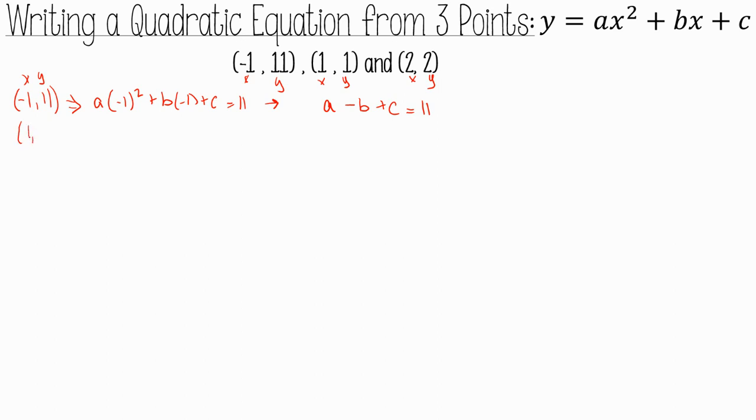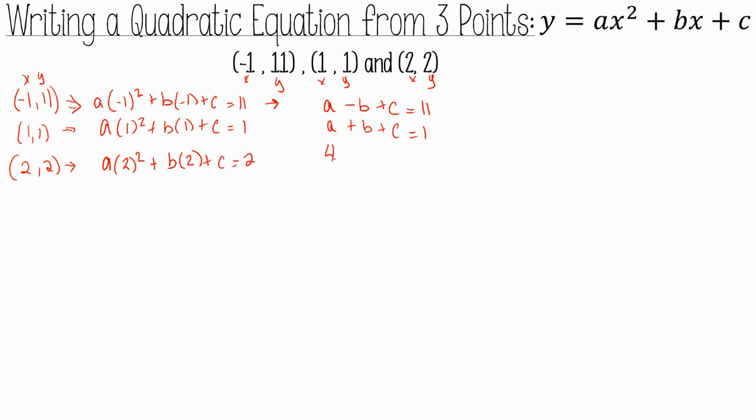Now I'll take this other point, 1, 1, plug it in, a times 1 squared plus b times 1 plus c equals 1, which gives me a plus b plus c equals 1. And my last point, 2, 2, I'll get a times 2 squared, because again, we're plugging in for x, b times 2 plus c equals 2. So I'll get 4a plus 2b plus c equals 2. So this is the system we are working with,